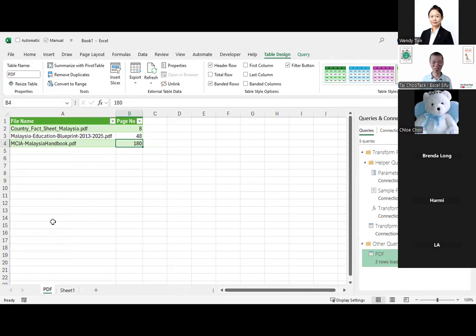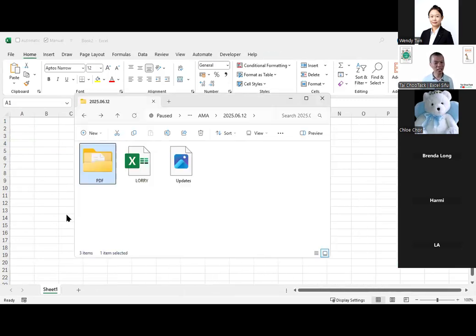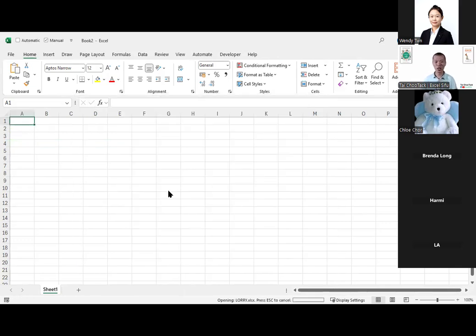Okay, so this is done. So let me open another new Excel file. The next thing I'm going to work with is this very interesting file. It's called lorry. So let me open this file, let you see the structure of this file